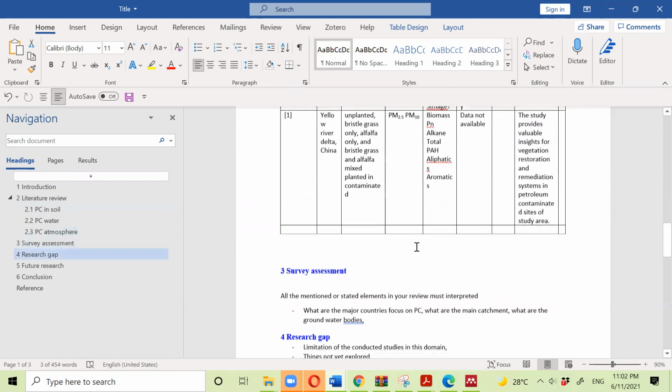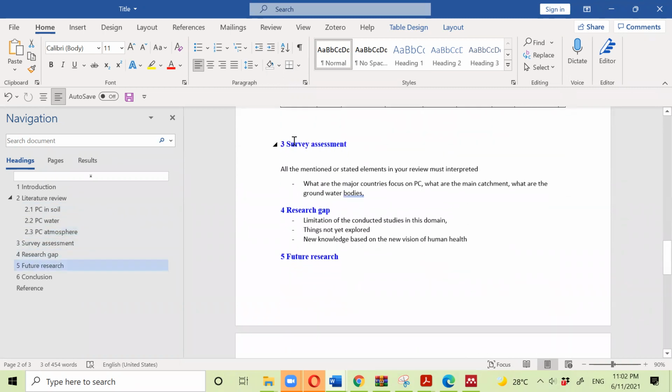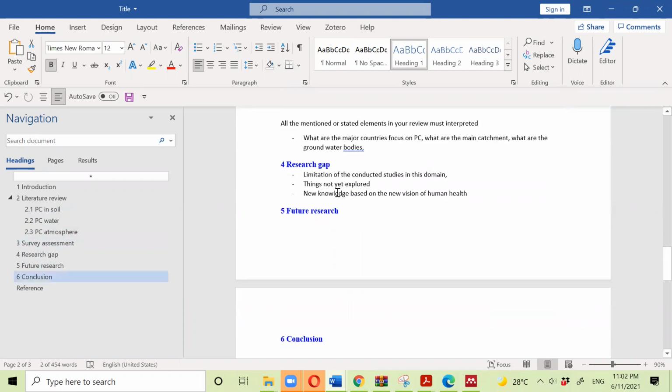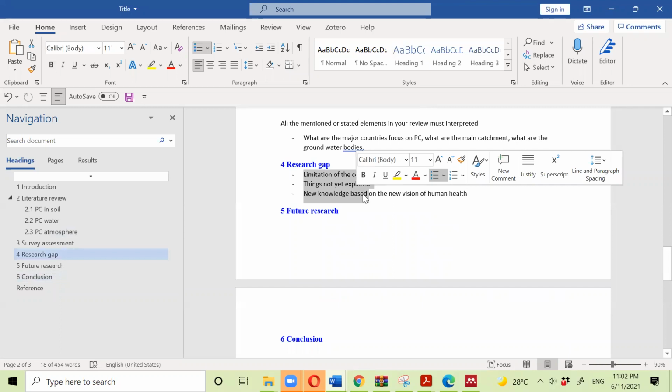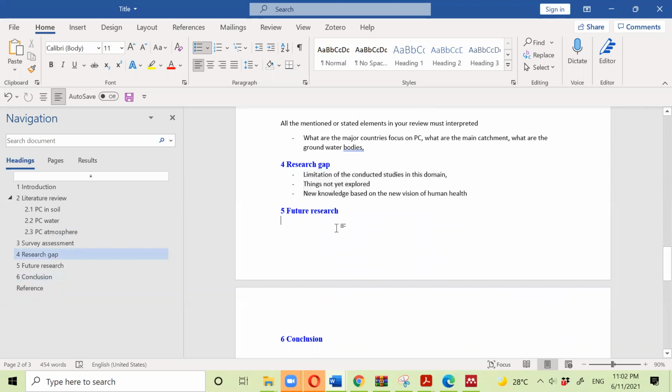I don't want to take much here. So this is the assessment. You understand what the assessment is about. The assessment is reflecting everything written in the review research guide. You need to recognize all the research gaps that have been observed from the literature. Future research is an answer